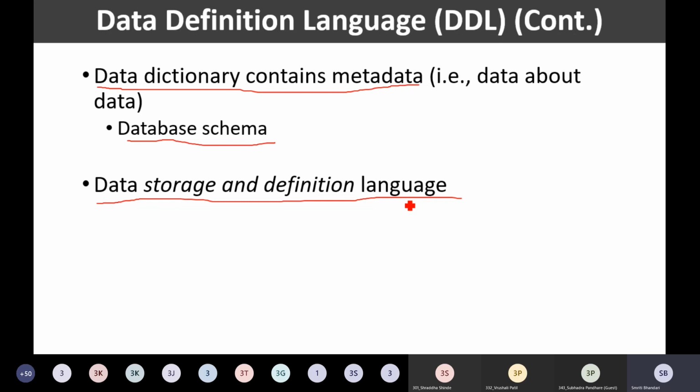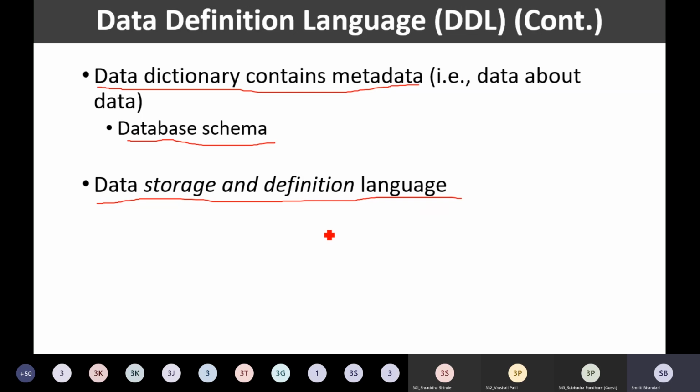Using DDL, we are actually describing definitions of the tables or the constraints those we are putting on various attributes or the data. But how actually is that data being stored in the storage device? What are the storage mechanisms used? Right? So that kind of information, implementation details, are being defined by making use of storage and definition language.